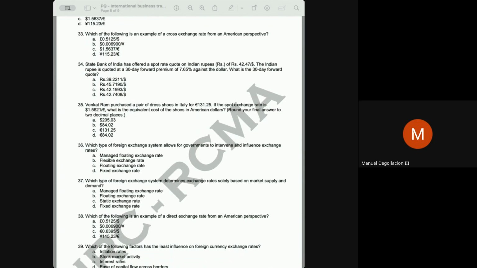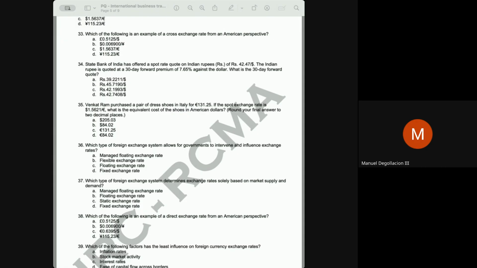Number 35, Venkat Ram purchased a pair of brush shoes in Italy for 131.25 euros. If the spot exchange rate is 1.5621 dollars per euro, what is the equivalent cost of the shoes in American dollars? So the price is 131.25 euros,